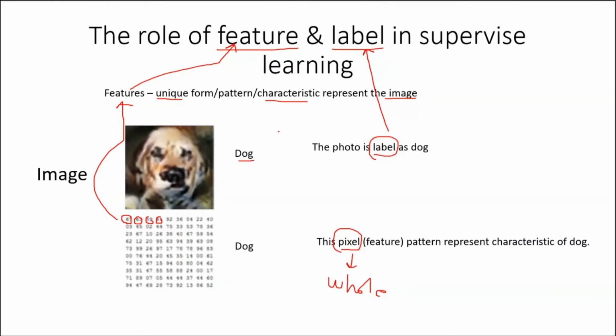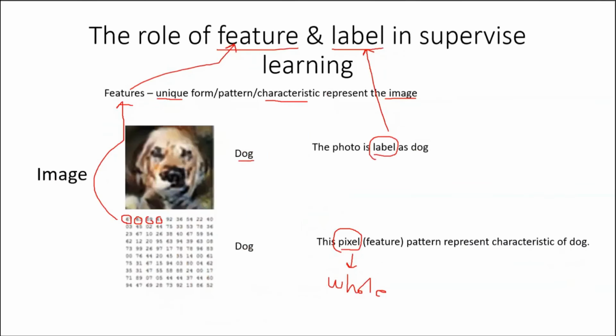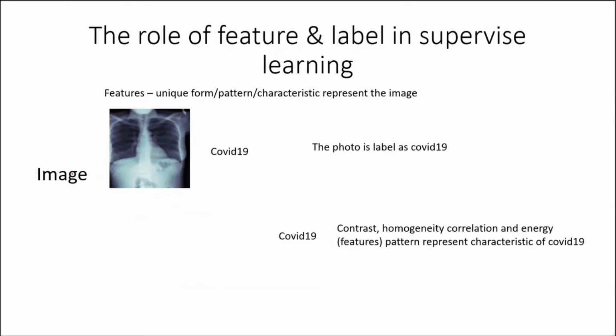First, you're going to know the concept of learning, the process of learning. How does it appear? How does a fresh photo learn and train? Then, in doing that, you need to know the terms features and label. Okay. So this is the image. So this is also the image. And now the features basically, I'm going to label it. I'm going to label this photo